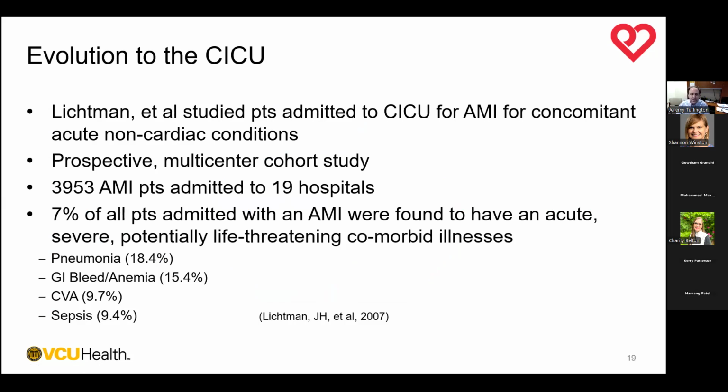Being a little bit more contemporary and getting out of the 60s and 70s, Lichtman in the early 2000s looked at patients admitted to a CICU for an acute myocardial infarction with other concomitant acute non-cardiac conditions. He looked at nearly 4,000 patients and found that at that time in 2007, 7% of patients admitted to the CICU with an MI were found to have other potential severe life-threatening illnesses led by pneumonia, but you see sepsis is quite high too. And then obviously complicating a lot of the work we do, various forms of bleeding, namely